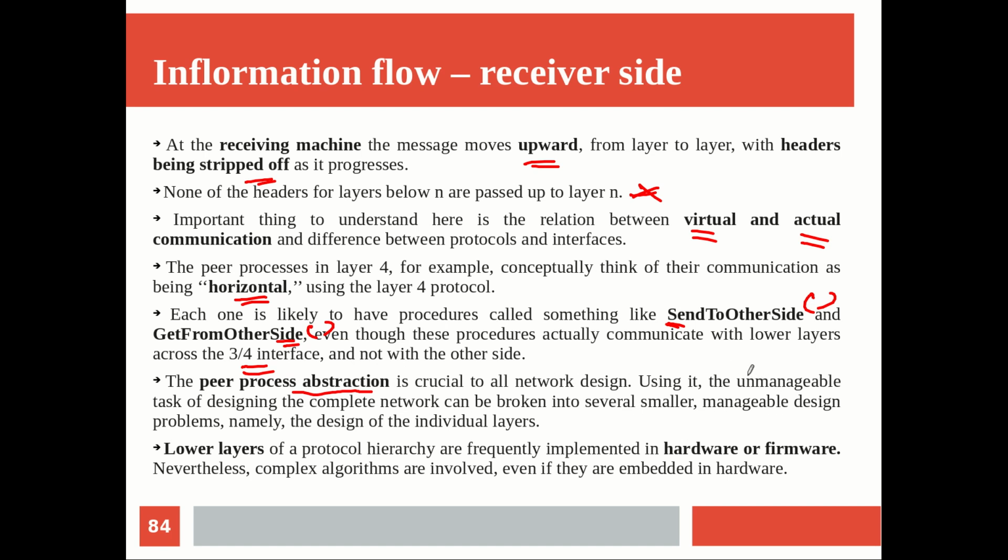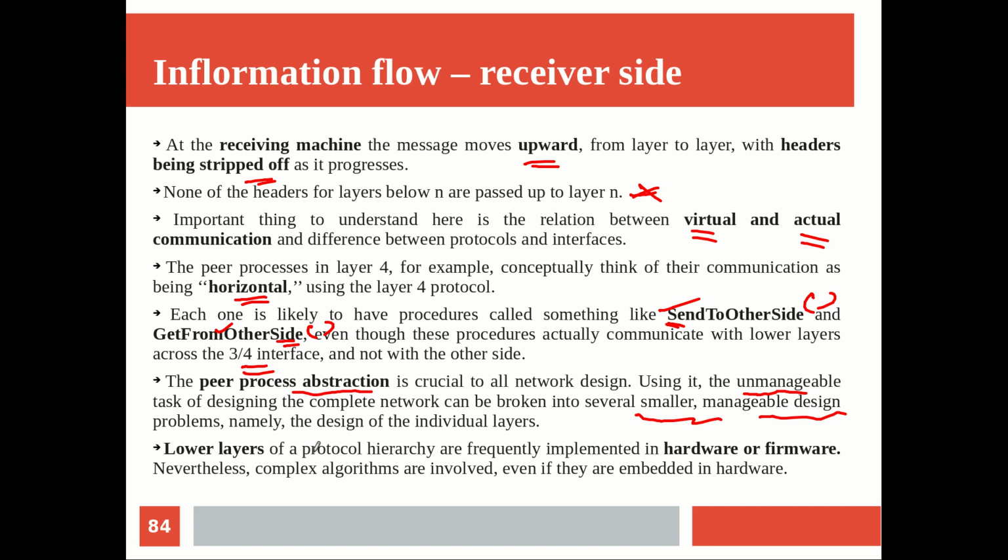If you look at it as a whole, it is something unmanageable, so you apply the divide and conquer approach, where you break it into smaller manageable design problems and implement them differently, and those implementation details you hide, or you provide an abstract view of it in the interface. Maybe at the interface you will see something like this only, and by calling it something will happen, that only you know, and how it is done is not known to you.